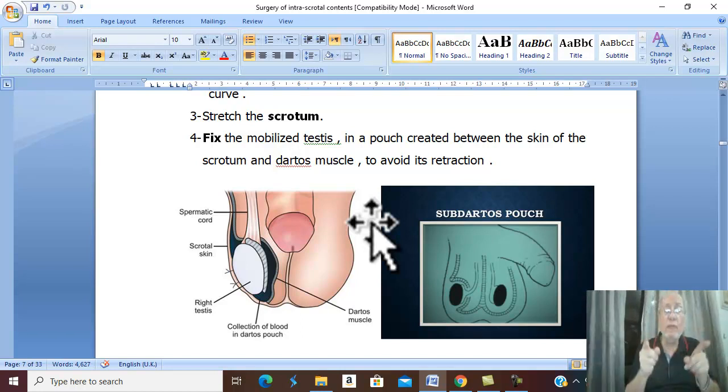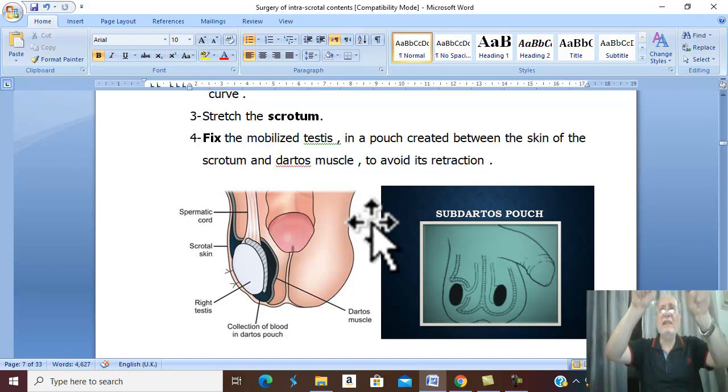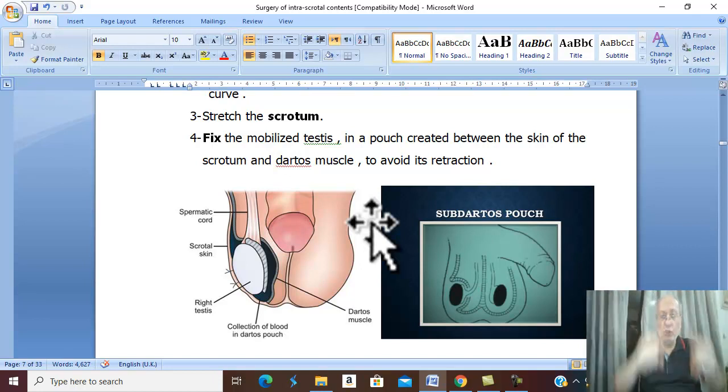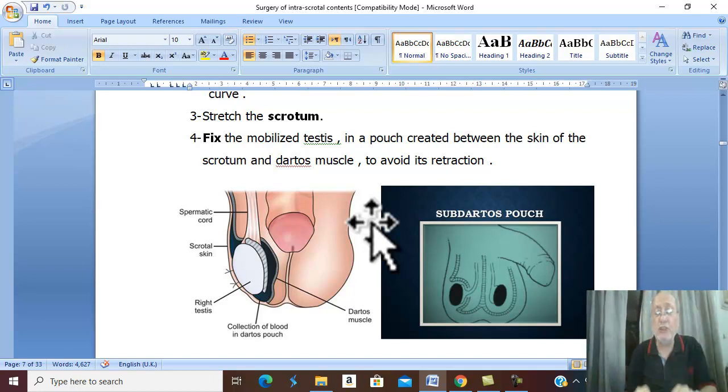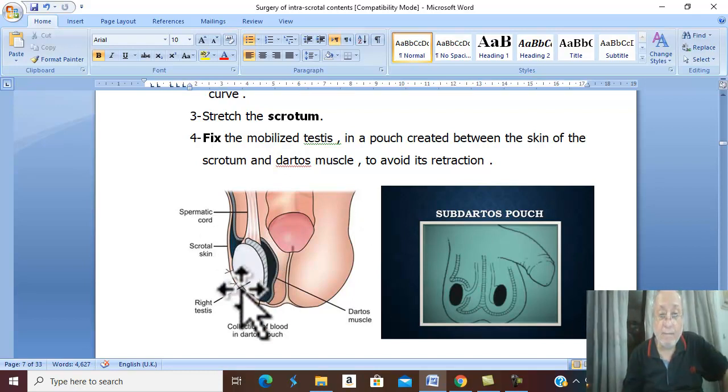And normally in anatomy, the testicular vessels take a wide curve to reach the internal inguinal ring. Dissect the blood vessels to pass a straight course to give me length in the spermatic cord and testicular vessels to reach the scrotum. Once you reach the scrotum, fix the testis in the bottom of the scrotum in a pouch created between